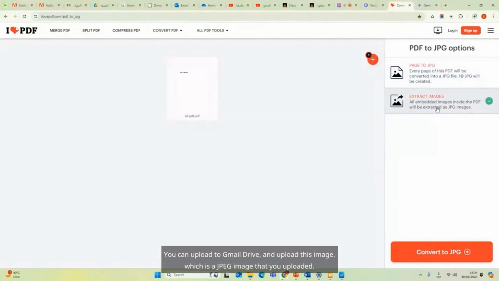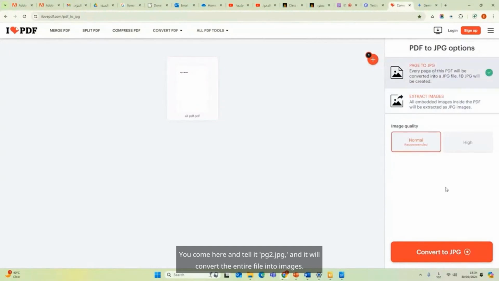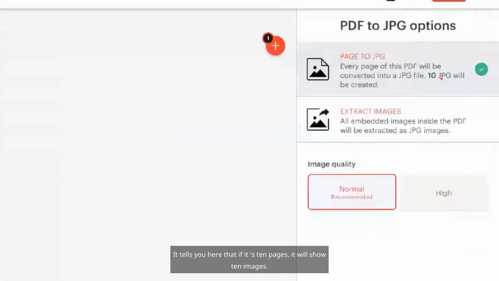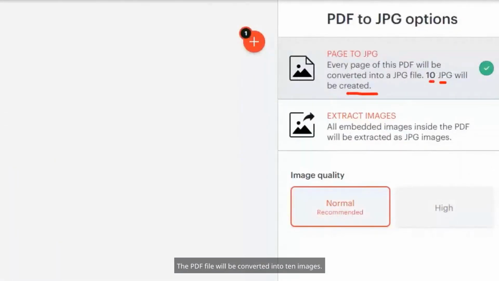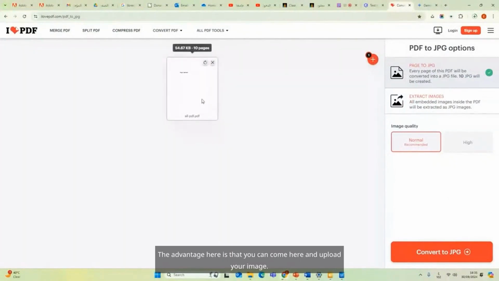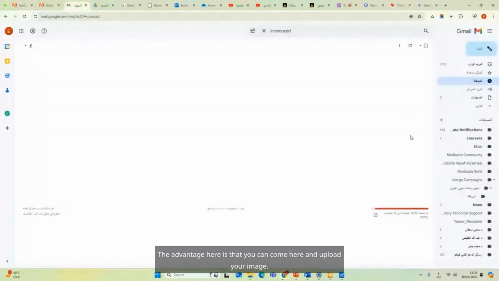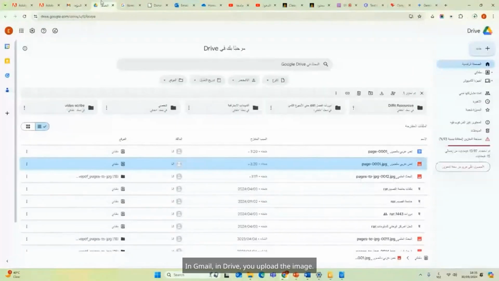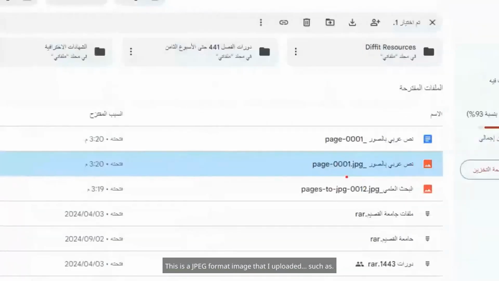You can upload to Gmail Drive and upload this image, which is a JPEG image that you uploaded. The PDF file will be converted into 10 images. Now, when it converts into 10 images, we can benefit from this file because it contains Arabic content. The advantage here is that you can come here and upload your image. In Gmail, in Drive, you upload the image. This is a JPEG format image that I uploaded such as